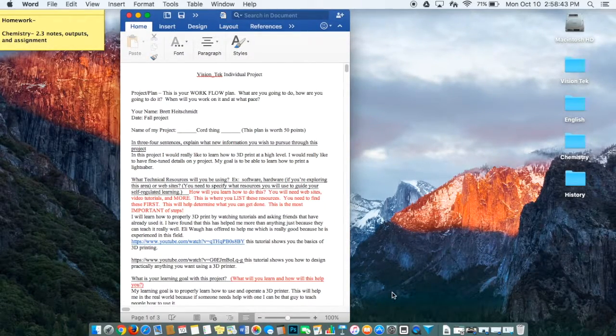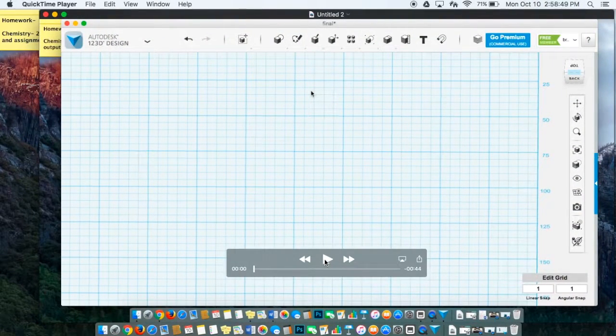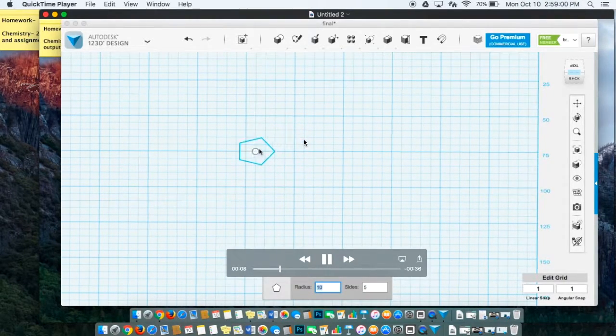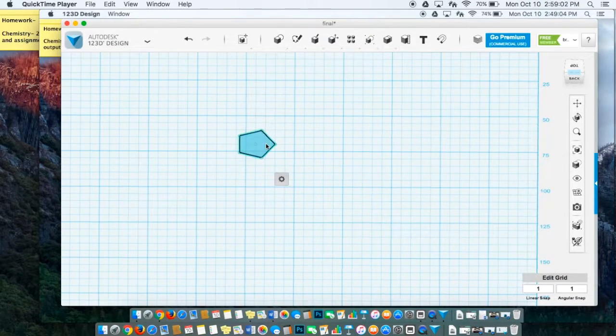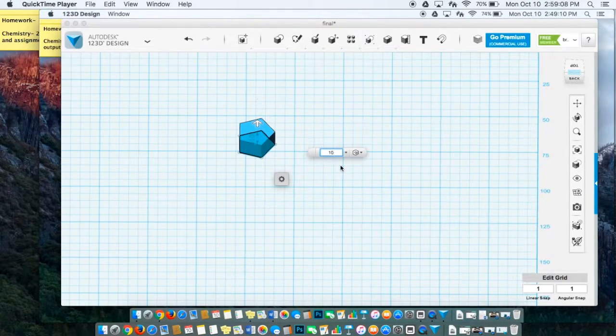And I will show you guys kind of just how to operate the software. It's called 123Design. Just kind of show you how to do it. So you go down, there's a top bar, get your shape, whatever shape you want. I did hexagons in mine. And you just go down, make it taller, shorter, make it more 3D instead of just a two-dimensional shape, however